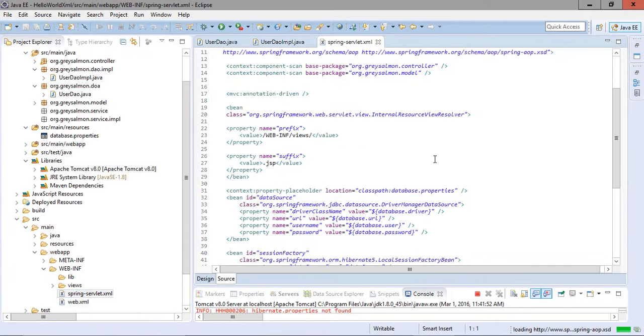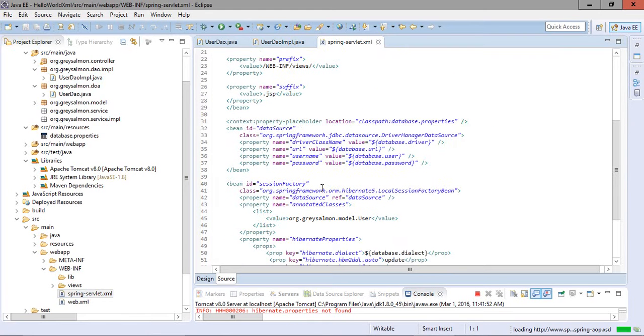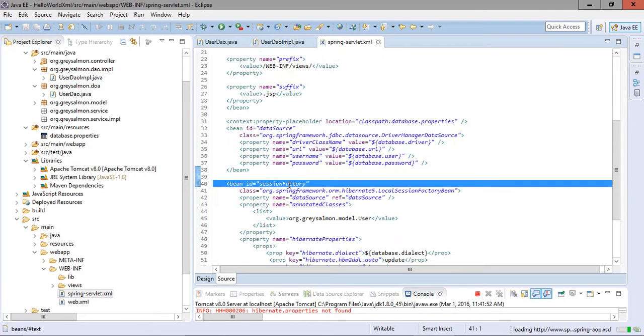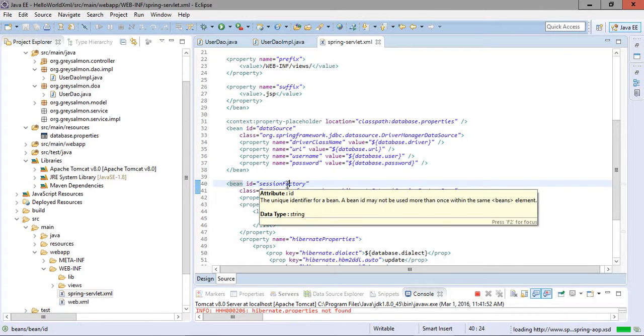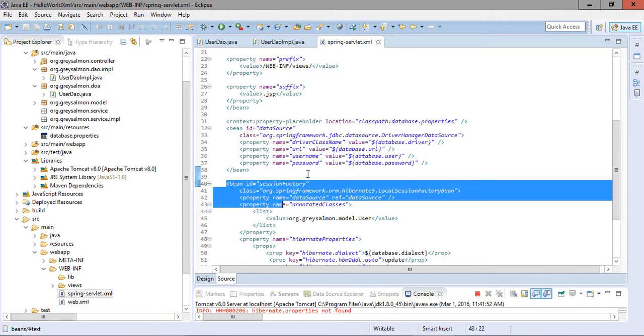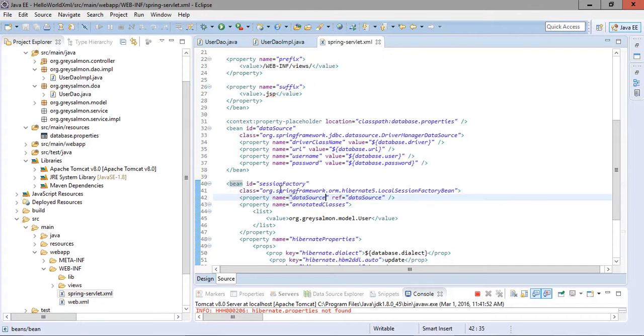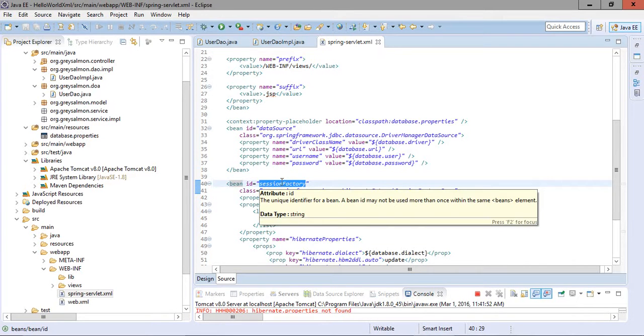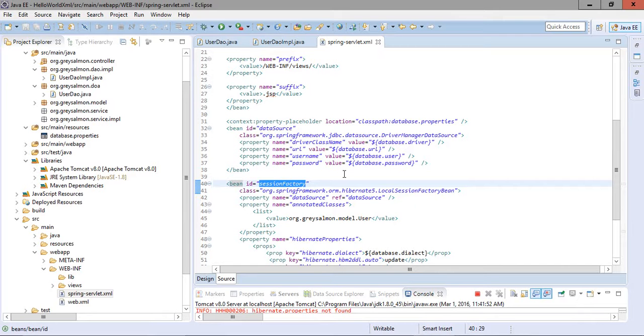In this file, as we have discussed, we have created one object, session factory, which behaves like a connection as we used to create in JDBC. So first we have to get the reference of this session factory. Since this is declared as a bean in the file Spring Servlet.xml, this bean with the ID sessionFactory will automatically be created in your IOC container.